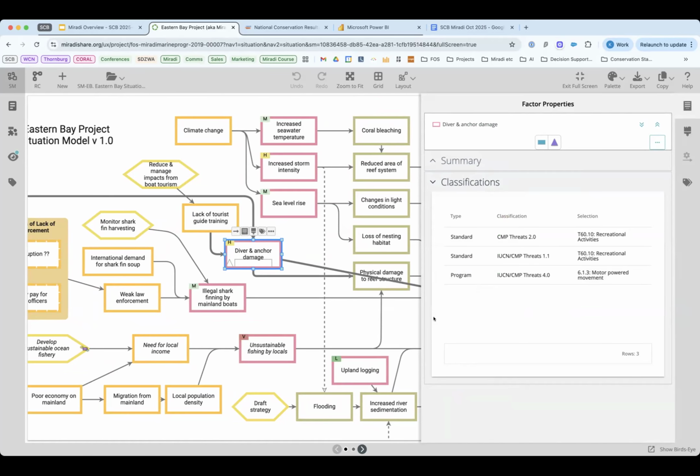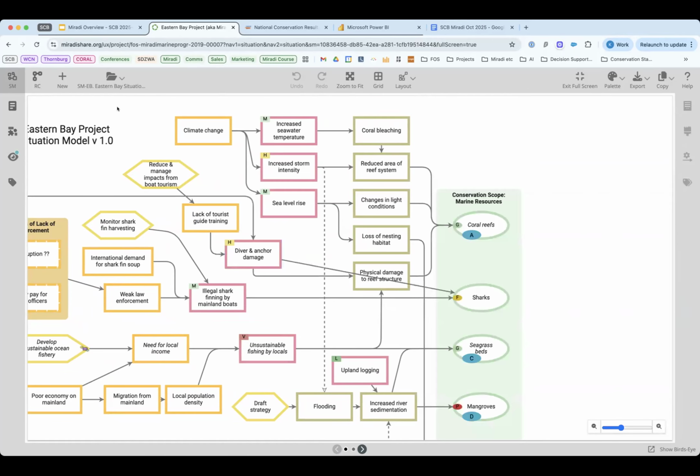And so we did build that in as sort of a filter that you can look through. Similarly with the actions, they went through, they built the list of actions. It's a really good way to help you think about what are the potential strategies that you could implement to address certain types of threats or in certain contexts. And again, you want to call it what makes sense in your context, but we use it in Miradi as a filter to show you where